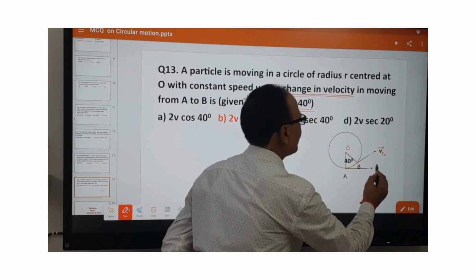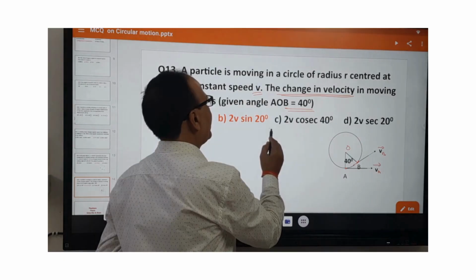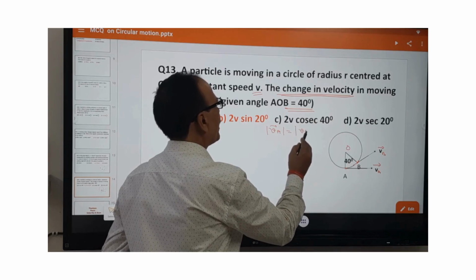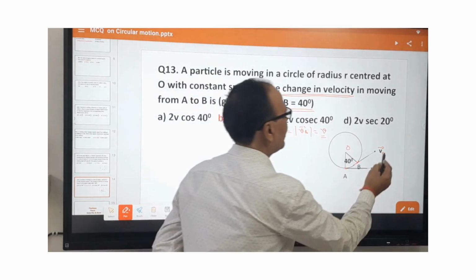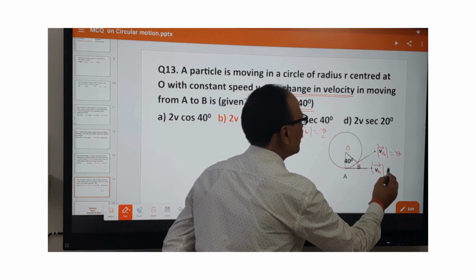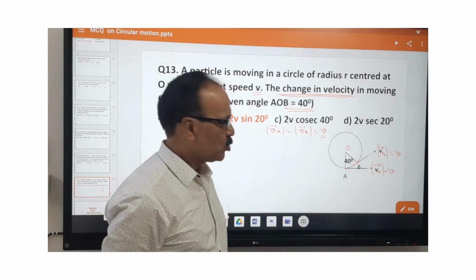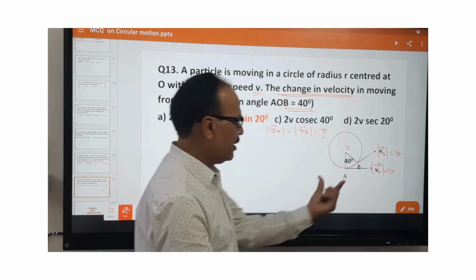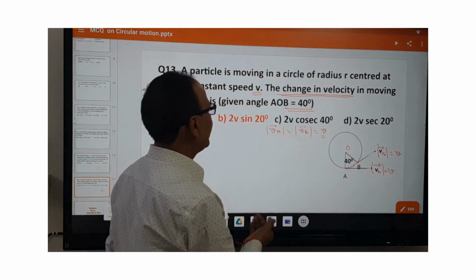बी है, ये वेक्टर वेलोसिटी है ना। अब यहाँ पर मैग्नीट्यूड ऑफ वी ए इज इक्वल टू मैग्नीट्यूड ऑफ वी बी इज इक्वल टू वी है। मैग्नीट्यूड तो सेम है, मतलब इसका मैग्नीट्यूड भी वी है और इसका भी मैग्नीट्यूड वी है, लेकिन वेक्टर वाइज वो डिफरेंट है। तो चेंज इन वेलोसिटी कैसे निकालेंगे, हम ये फिगर इधर बनाते हैं, मतलब जो वेक्टर हमारा वी ए है उसके पैरेलल और इक्वल एक दूसरा वेक्टर ड्रॉ